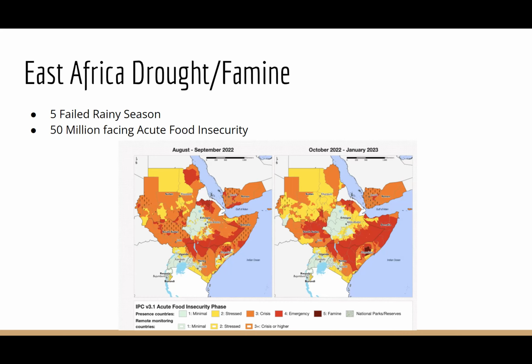Because of this, this region, which has already been dependent on imports from Russia and Ukraine, has been exponentially stressed due to the turmoil in the Black Sea, especially around the ongoing war between Ukraine and Russia. This has been perpetually growing based upon 5 failed rainy seasons. And right now, the UN believes 50 million people face acute food insecurity,